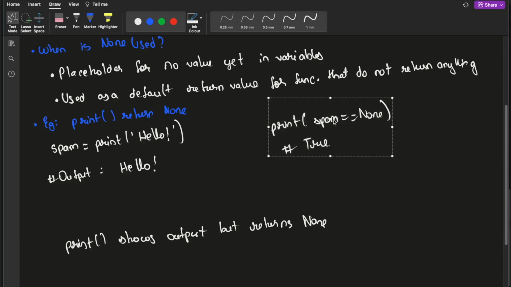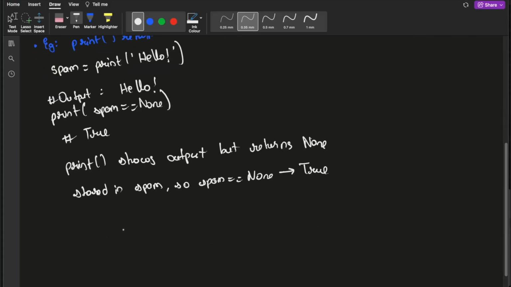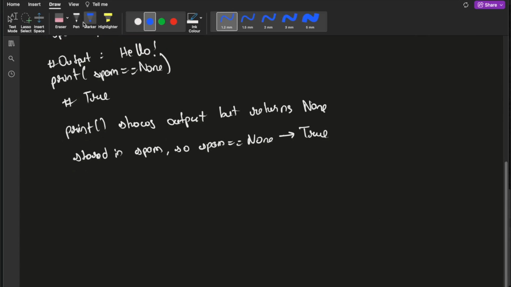This is a continuation of this code. Okay, so it returns None, which is stored in spam. So spam is equal to None. This is what it's trying to conclude with the above program. And the next is,